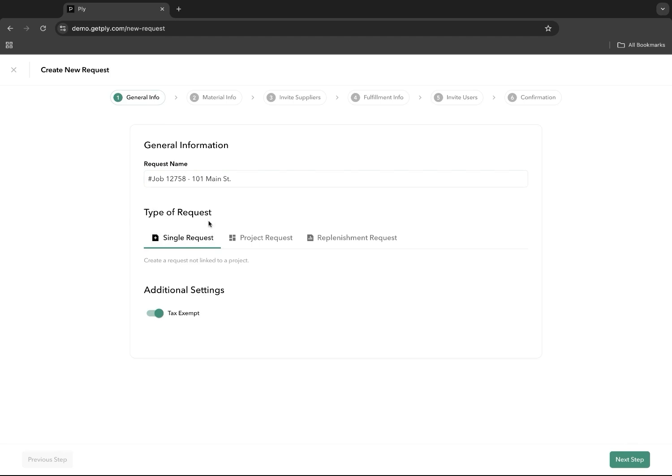We have three different types of requests. We have single requests for projects. We have a project request where, again, you'll be able to create that aggregated space with all of the requests so you can track the movement of purchasing for a whole project. Or replenishment requests, which we'll get into a little bit, which will show you all the replenishment requests and allow you to generate a replenishment request from a specific location. For this, I'm going to click on single requests, and you'll be able to choose whether this is tax exempt